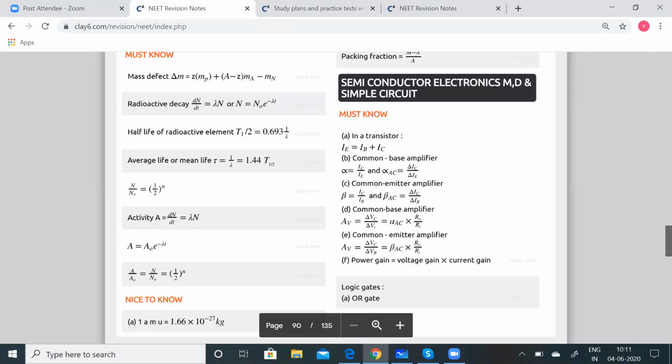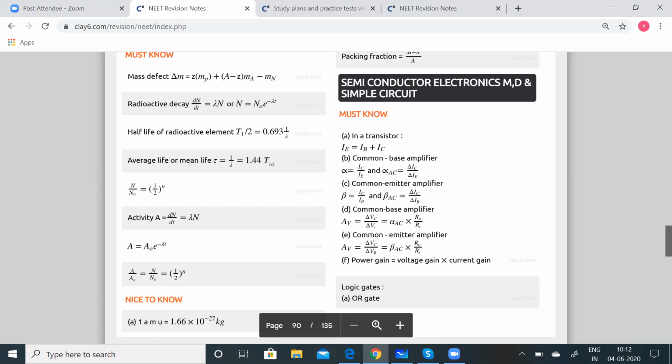As soon as the p-n junction is formed, the holes from the p region will diffuse into the n region, and the electrons from the n region will diffuse into the p region. So there develops a potential barrier VB across the junction, which opposes the further diffusion of electrons and holes through the junction. The small region in the vicinity of the junction, which is depleted of free charge carriers and has only immobile ions, is called the depletion region. So in the p-n junction, the terms we have to remember are potential barrier and the depletion zone.